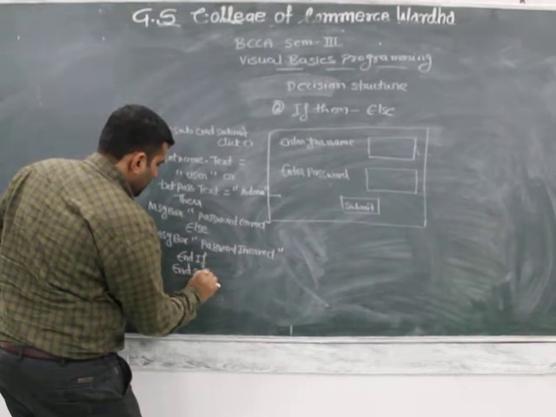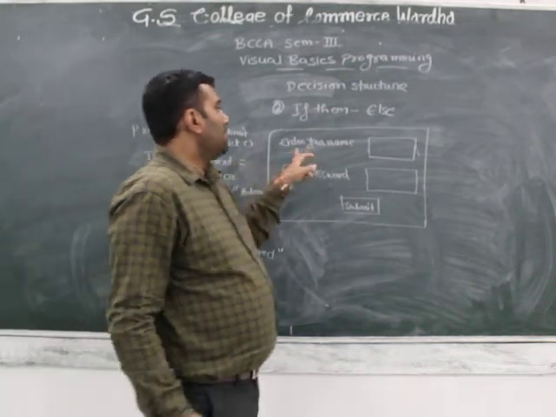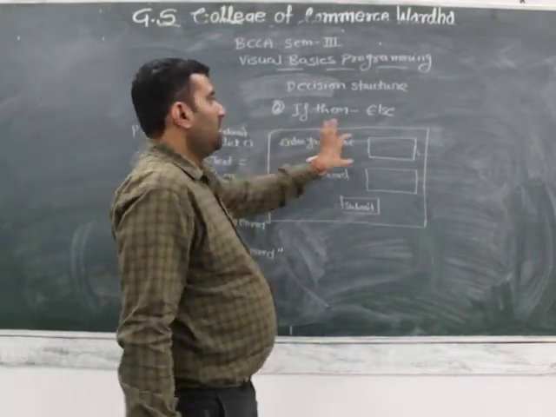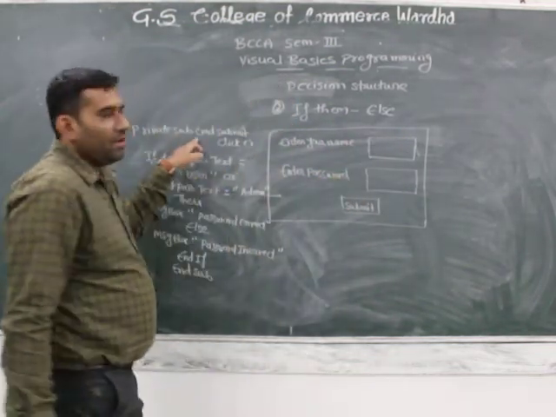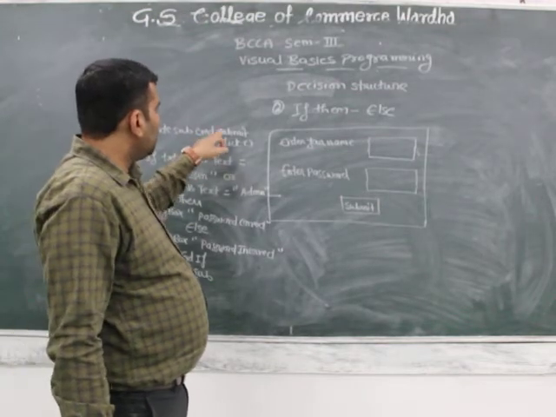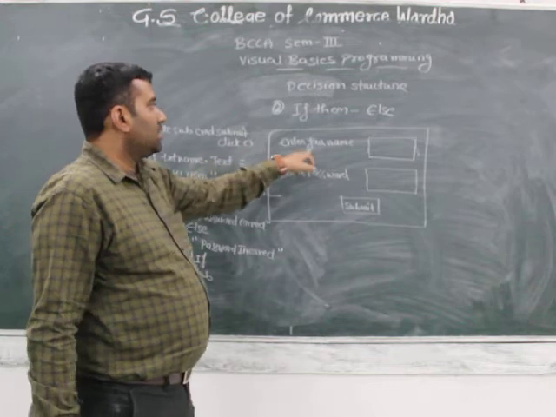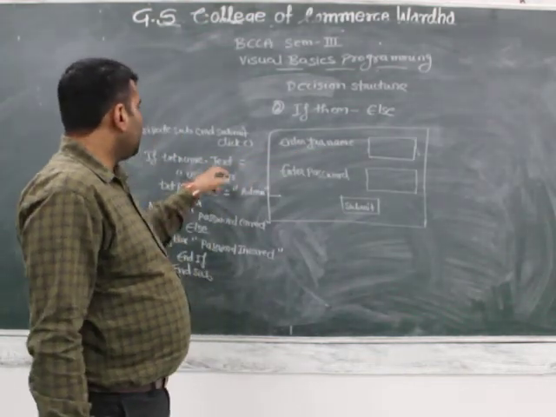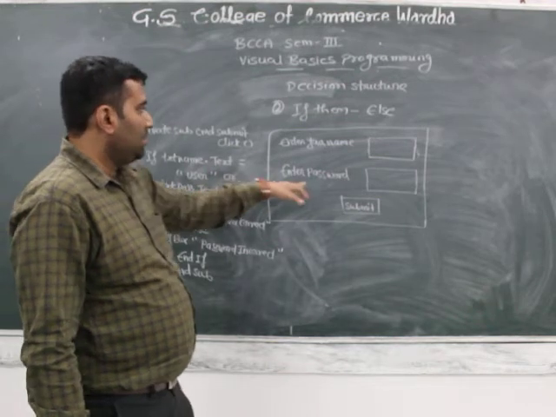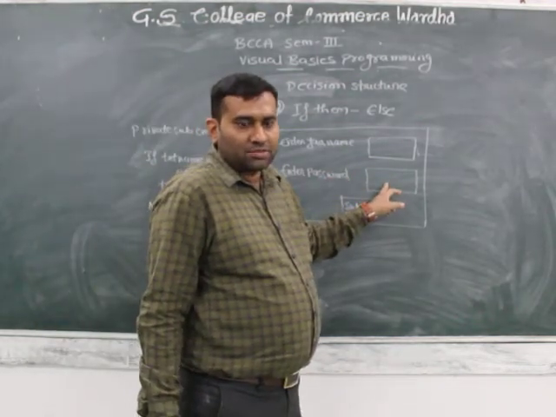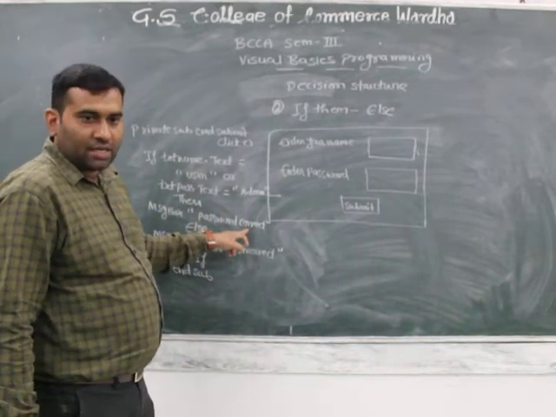And end sub. Here use two labels and two text boxes, and here the submit button. Private sub, on the submit click, if text name dot text, enter your name, is user, or text password dot text equal to admin, enter your password here, is admin, then message box displays "password is correct",